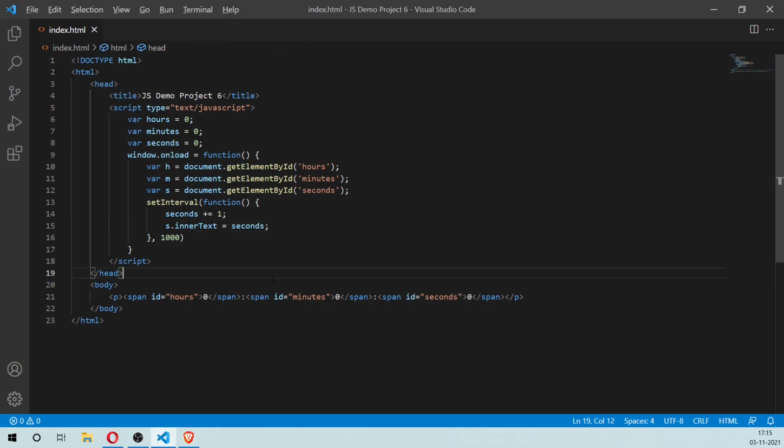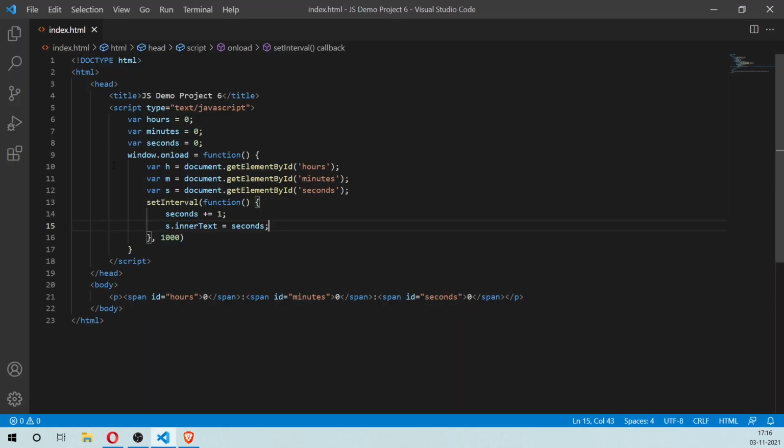So now let's switch and then have a look at what this does. So you can see that every second it is actually updating the value of the seconds by 1. Now what we also need to do is when the seconds value reaches 60, we need to set it to 0 again and then update the minutes by 1. So you can see here that right now it will overflow. It will go to 60 and then go to 61, 62. That's not something that we want.